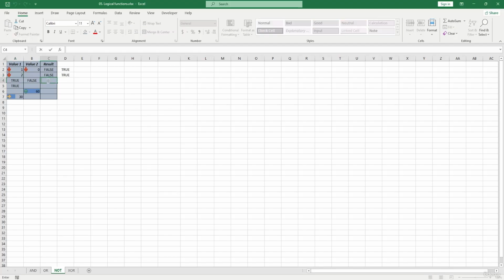Let's try the same thing over here. Well, what will basically happen is that it will just turn the polar opposite. Let's just type in equal, NOT, select them, close the parentheses, hit enter, and you can see that it is just the polar opposite. And we're going to type the same thing, equal, NOT. Let's say I'm going to get this and it will give me a true value. You can see true. And if I type in equal, NOT, and select this, close the parentheses, hit enter,